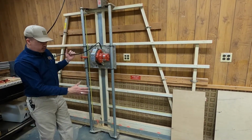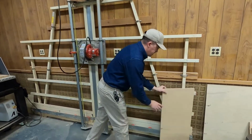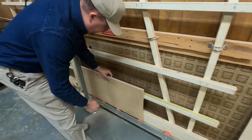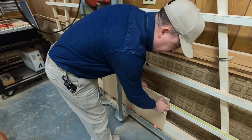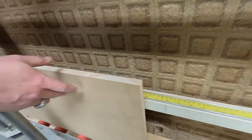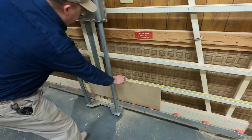When you get your piece of wood loaded, I'll show that here. Just take your piece of wood, put it on the rollers here, and then you'll set it up to whatever length you want your cut to be. Let's say 30 inches. So we'll put it right there. Now that we've got it loaded,